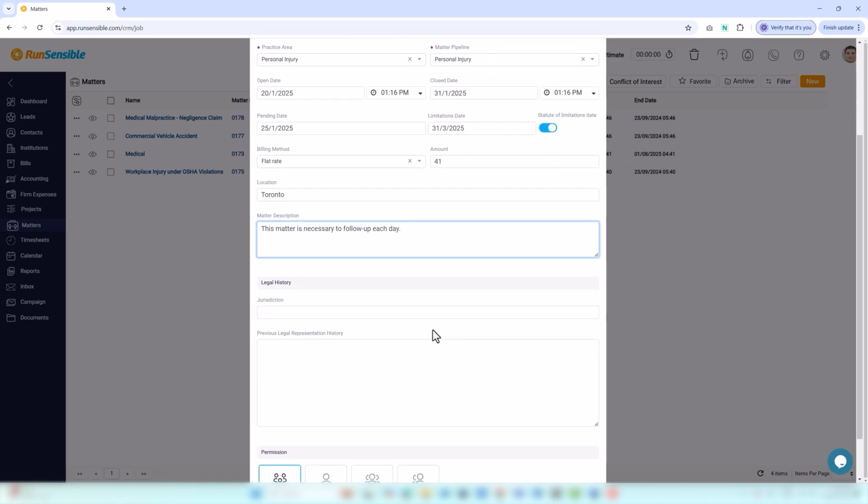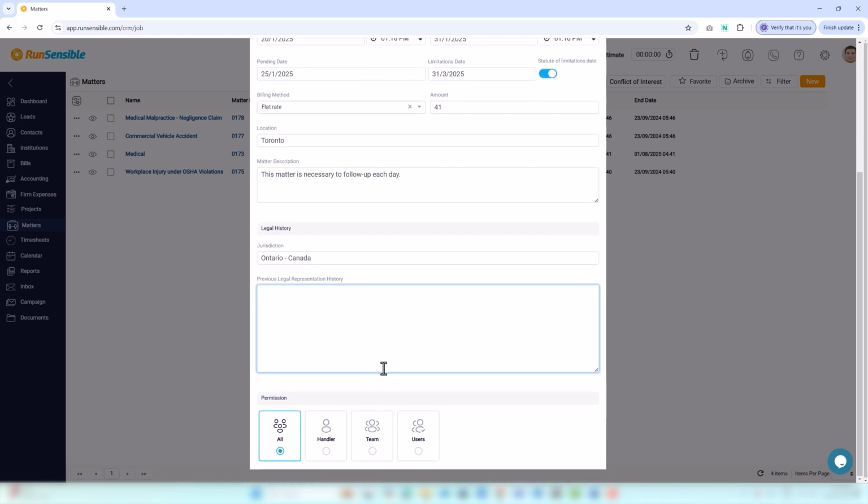The jurisdiction field identifies the specific legal authority or court system responsible for adjudicating the matter, ensuring that filings and legal strategies align with the applicable legal framework. The previous legal representation history field records any prior legal representation the client has had for the same or related matters, offering valuable insights into the client's legal background and helping to address any unresolved issues or potential conflicts of